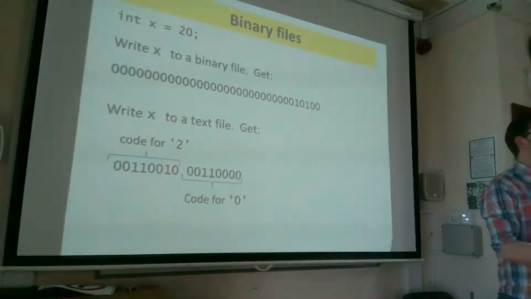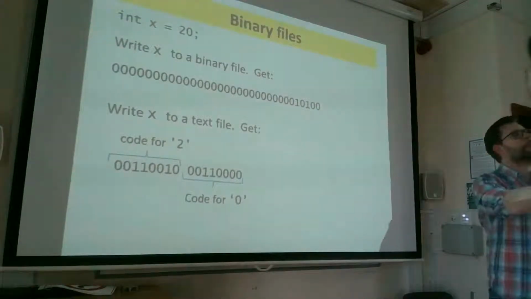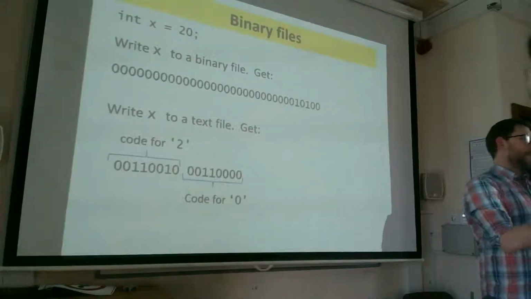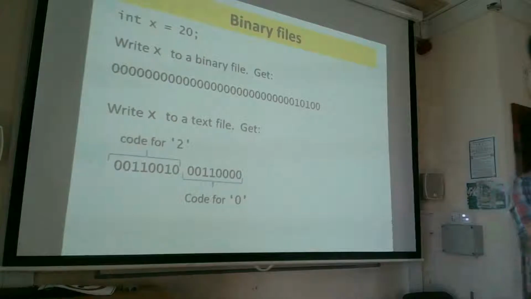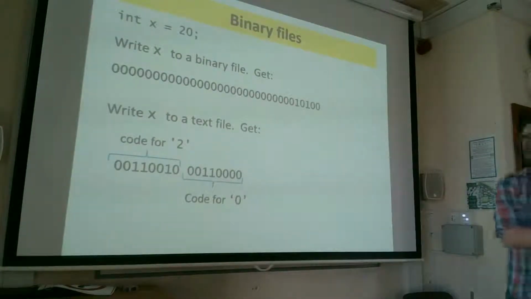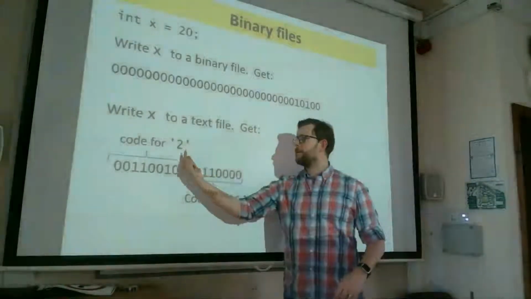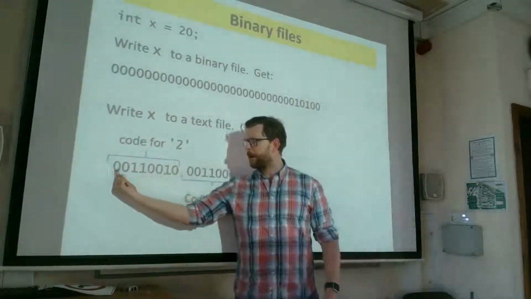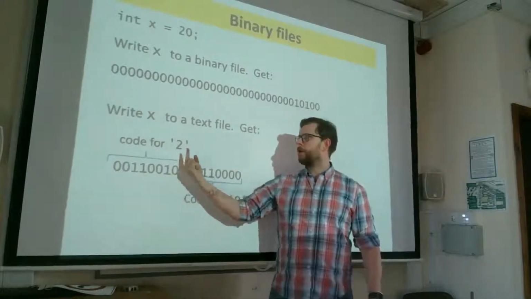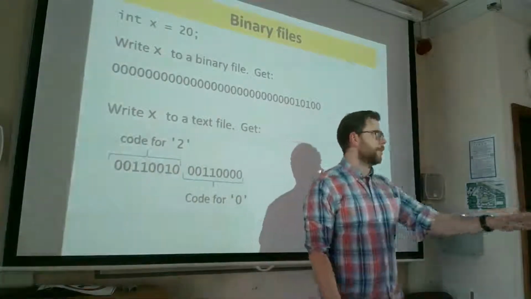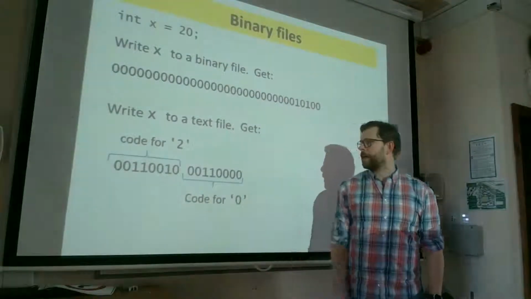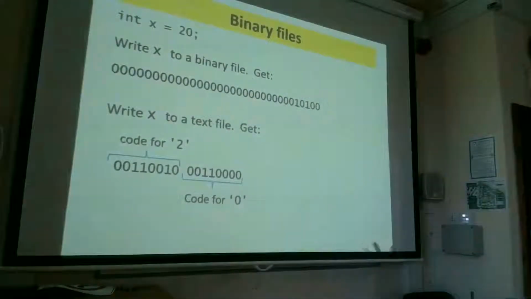Because remember, we have to convert it into a string. That's what system.out.print does. It takes whatever I put in there, string, variables, numbers, whatever, and it converts it to a string. And the way we do that is we would feed in each digit in there, and we would represent it as a character. So there is the binary code for the character 2. Not the number 2, but the character 2. And there is the binary code for the character 0. And that binary code is based off of our ASCII